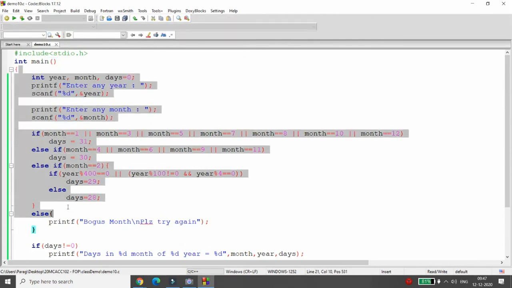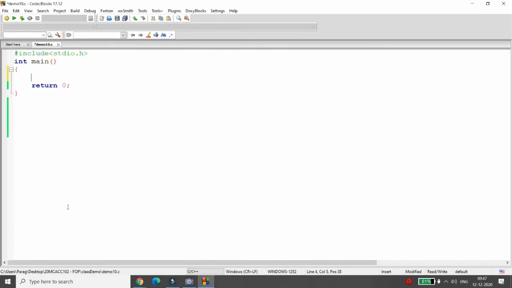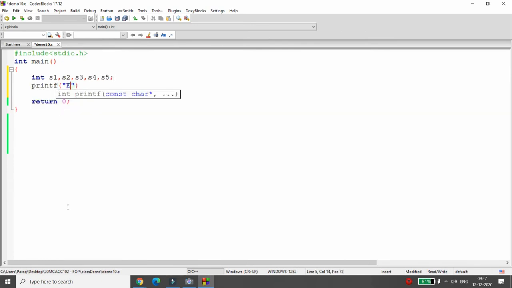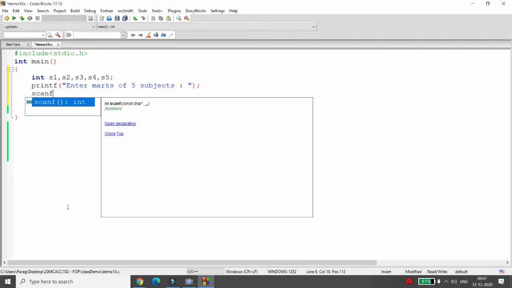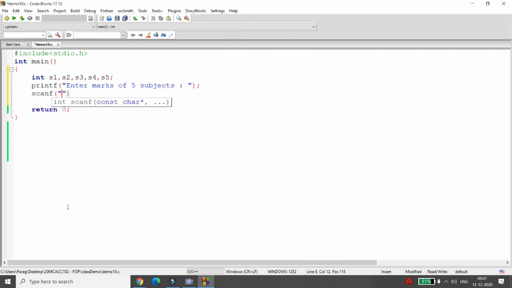And this you can do using the if condition. Let me show you how we can do this. Integer subject 1, subject 2, subject 3, subject 4 and subject 5. Definitely I need to get the marks of 5 subjects. So I'm just asking the user, enter marks of 5 subjects. So I will get the marks of 5 subjects at the same time, and then I'm simply scanning the